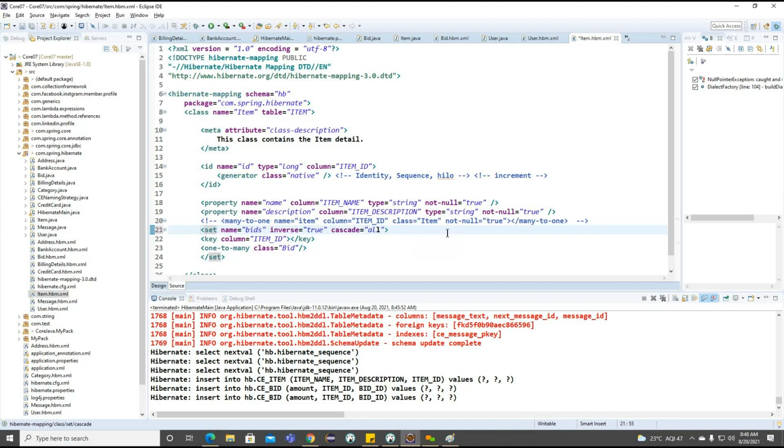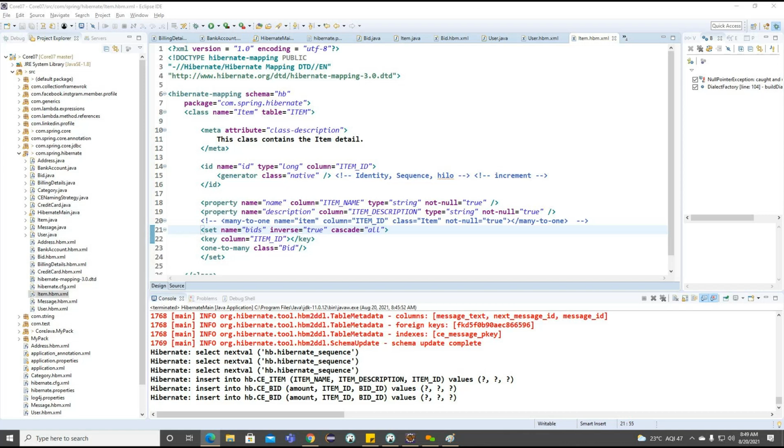All means it is applicable to all operations here. Or we can go for delete, so it will affect only the deleted information here. It will not update the other table whenever we are inserting or updating here. Okay, so this is all about the many to one and one to many association.